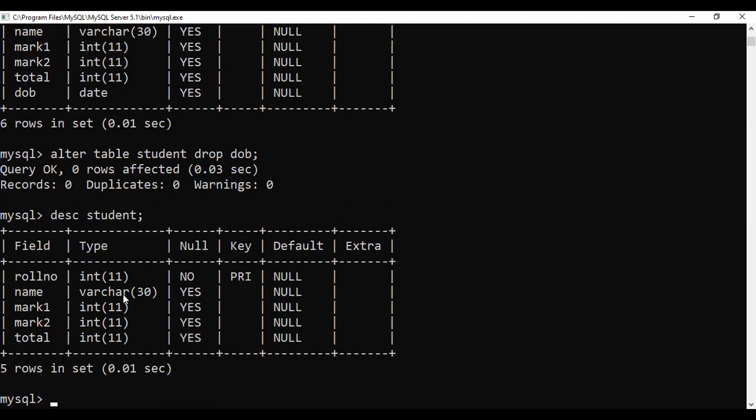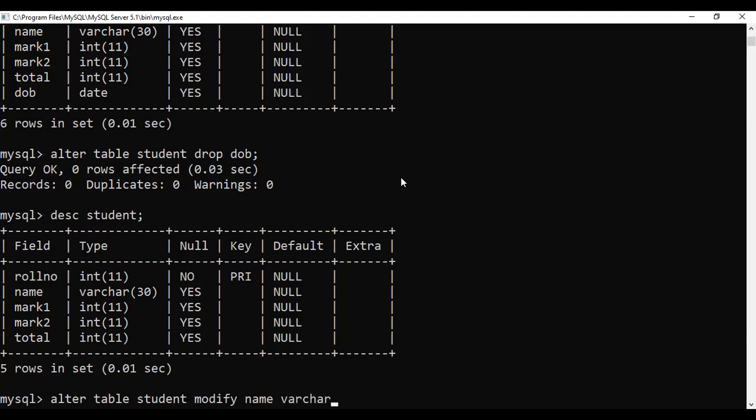Now you can see this is varchar of 30. Now I want to make it varchar of 50. So what do I have to do? I have to modify it. Alter table student modify, which one? Name. And what is the data type?